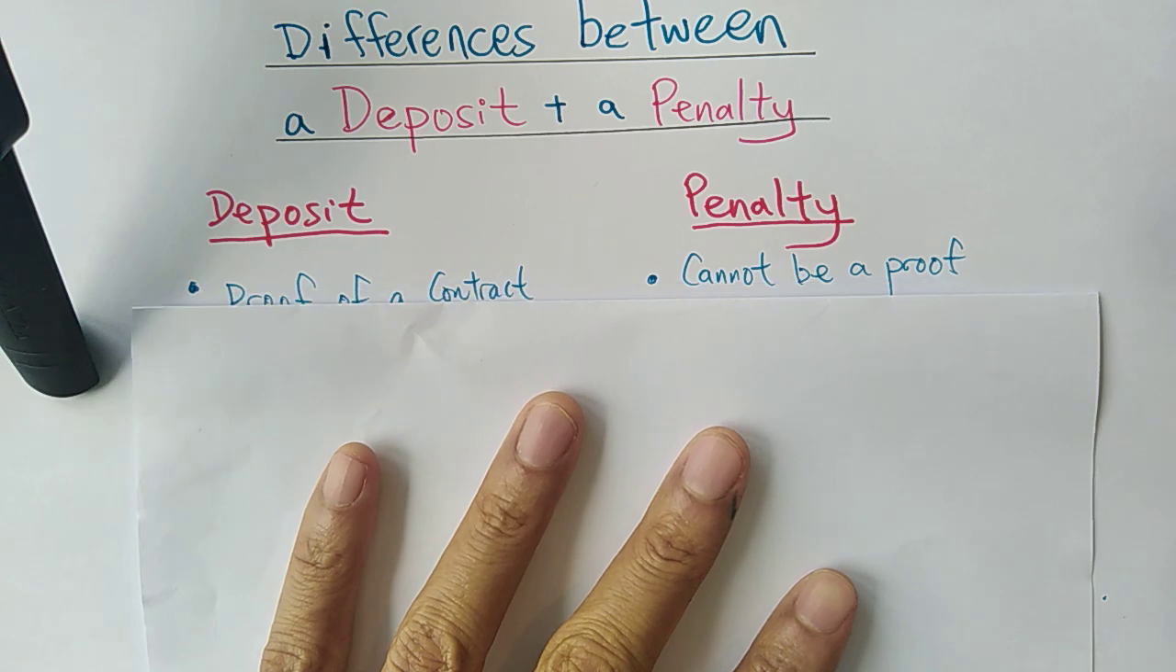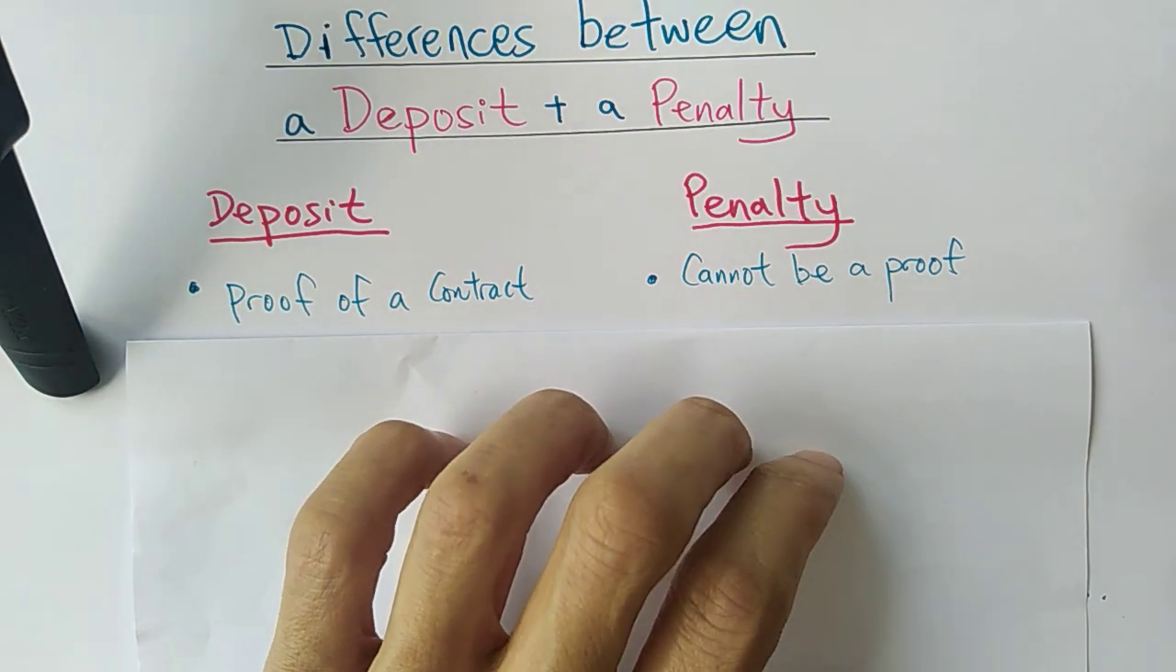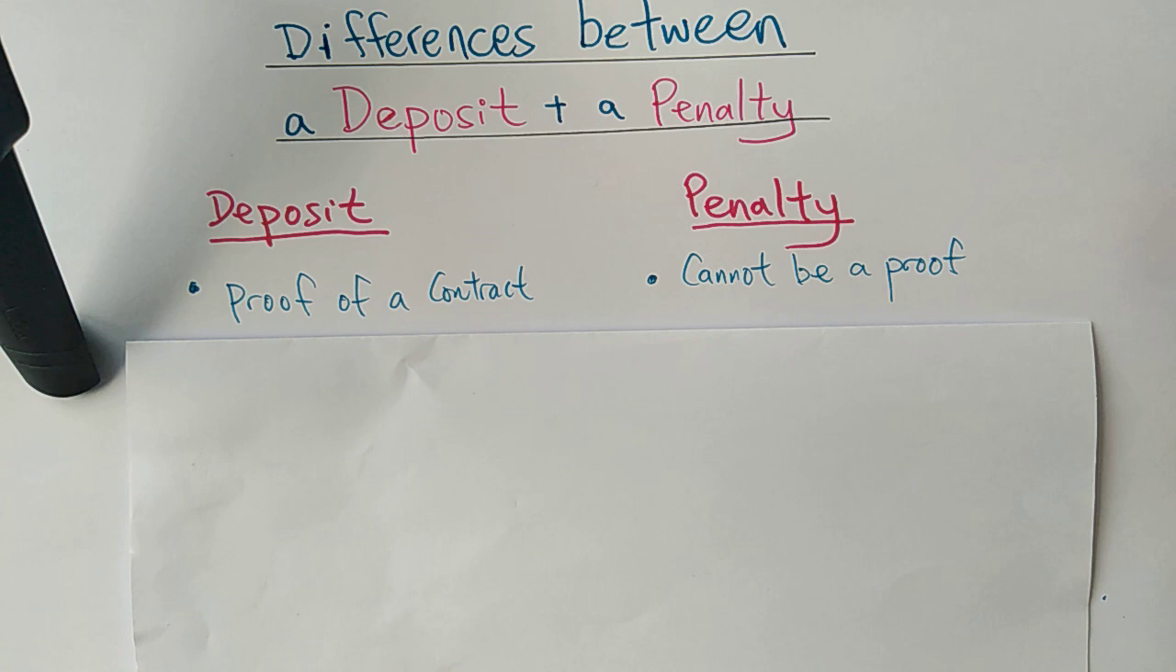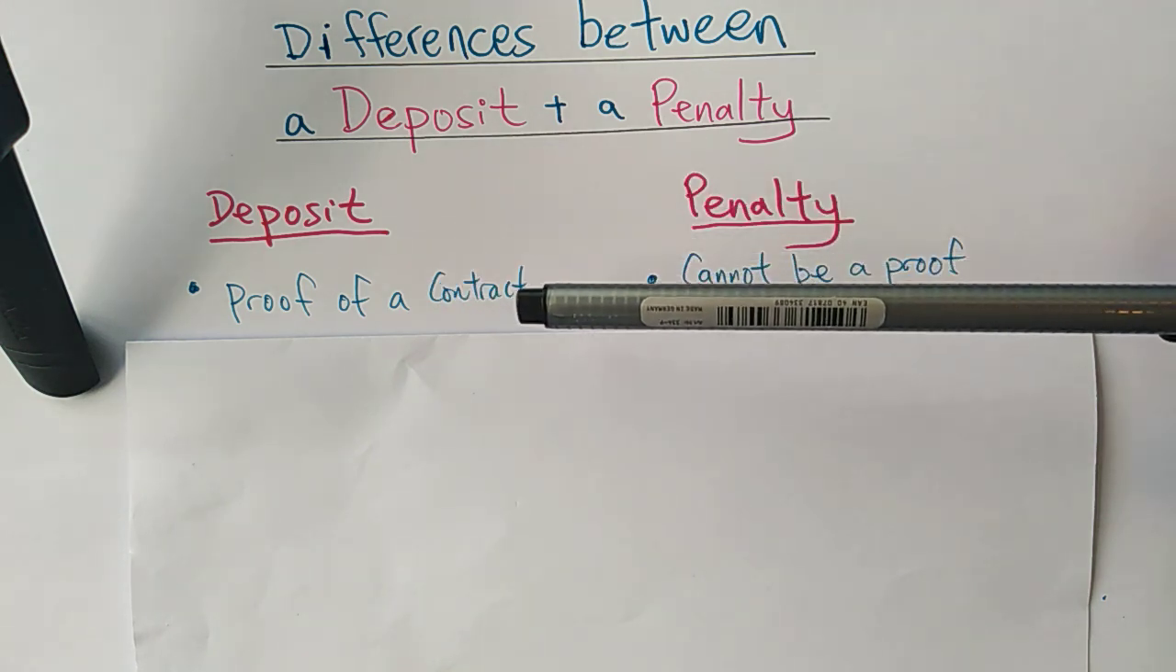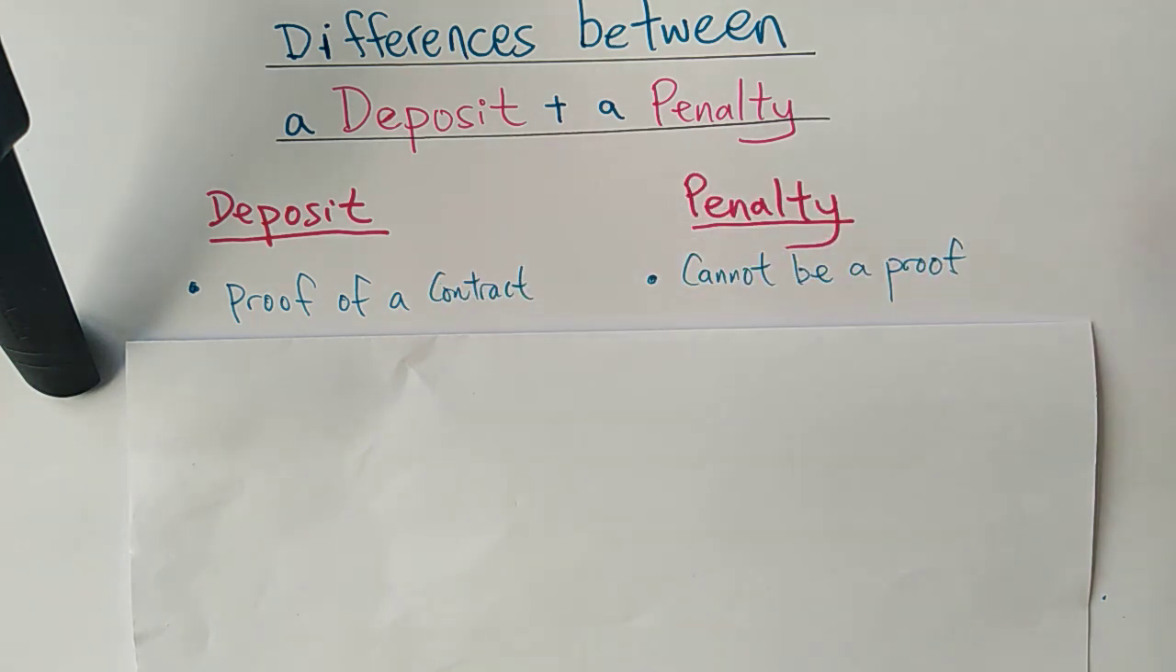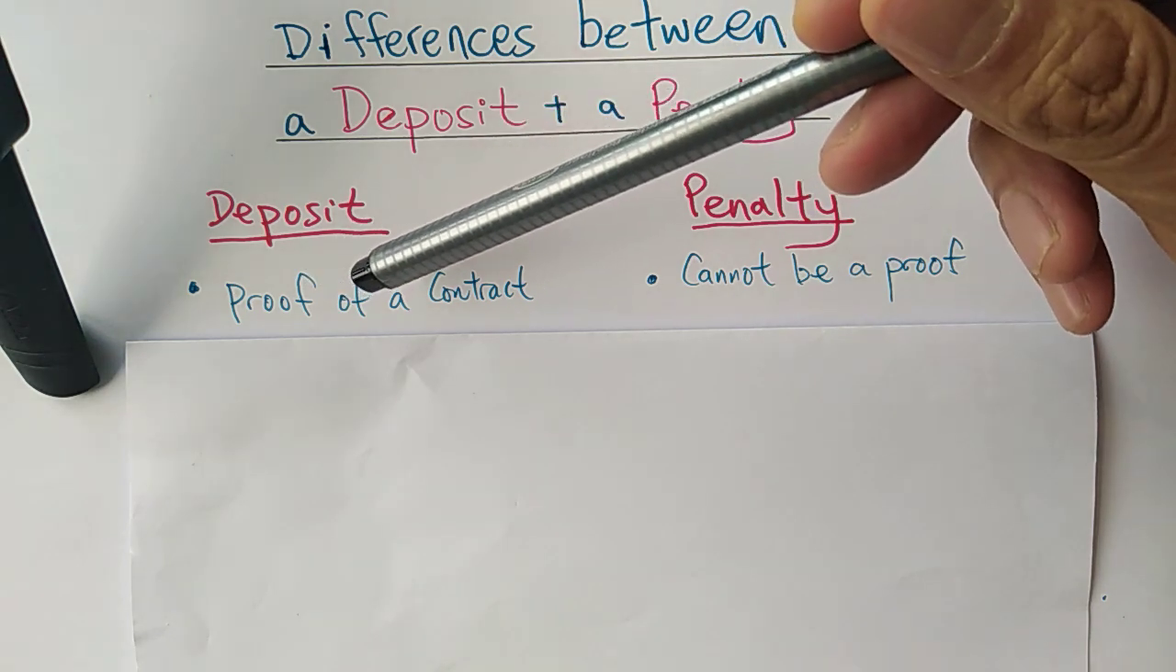Go to the first difference. A deposit is a proof of a contract. Proof of a contract means the deposit collected by the person who received the deposit. You pay the deposit, the other person collects the deposit. This deposit that is collected can be used as the evidence, as the proof that a contract